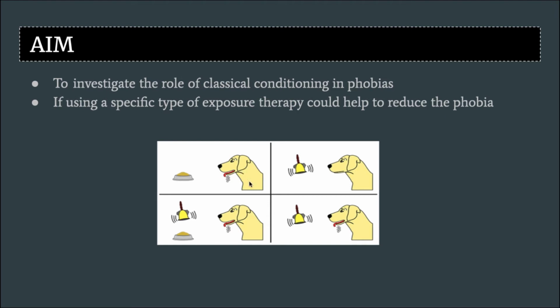So at first, Pavlov presented the dog with food, and he started salivating. Then he rang the bell, and then he rang the bell and presented the food to the dog at the same time, right? And he repeated this process 6 to 7 times a week,